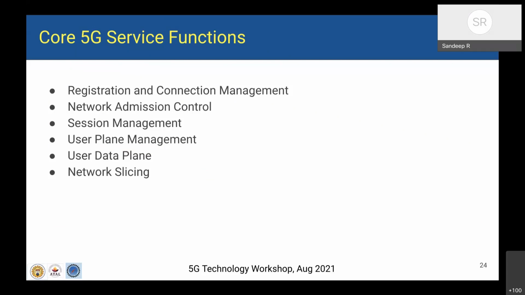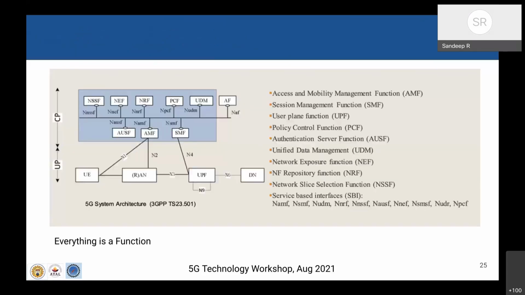So let us say you buy a SIM and only subscribe for voice call and not SMS and data plan. Then somebody has to tell the infrastructure that this subscriber has only subscribed for voice call, and when the subscriber tries to send an SMS, do not accept it, or block it. So that is where the policy control function and the user data